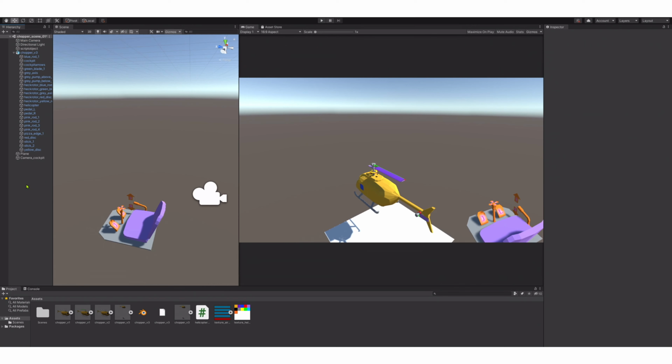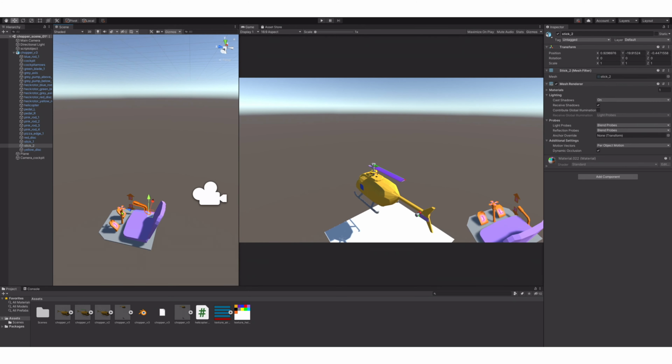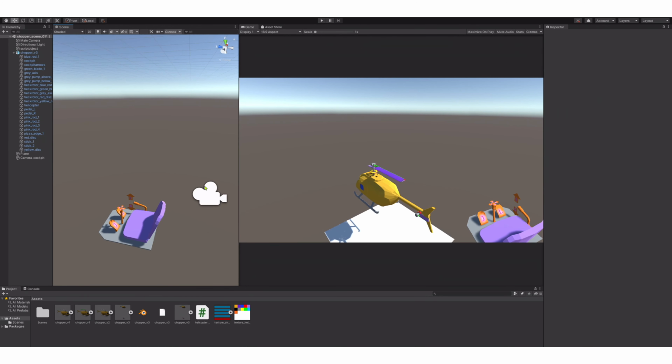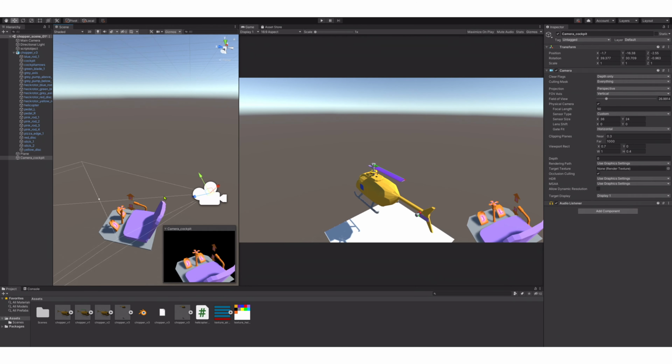In the options menu of the new camera I had to set the settings in clear flags and culling masks, so I do not have a background picture and only have the main game objects which are in front of the camera, because later on I want to place this specific picture over top of the picture of the original camera.